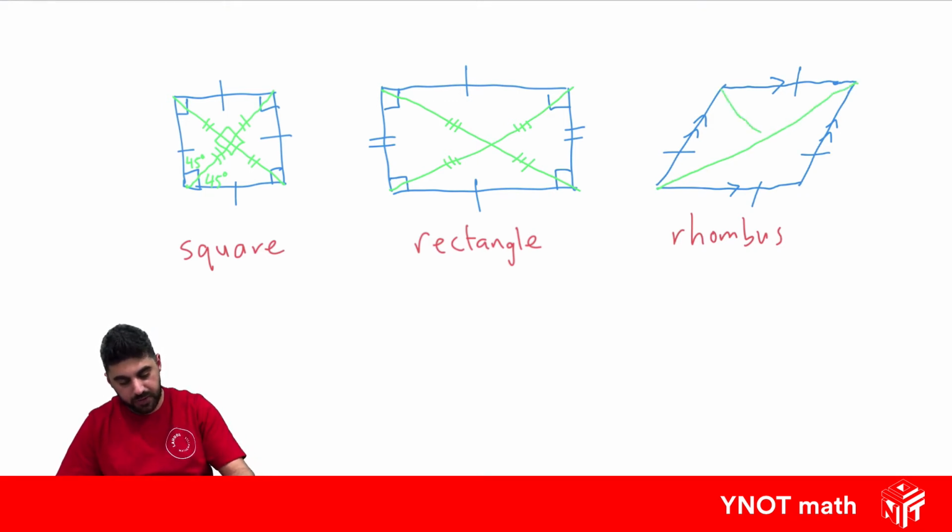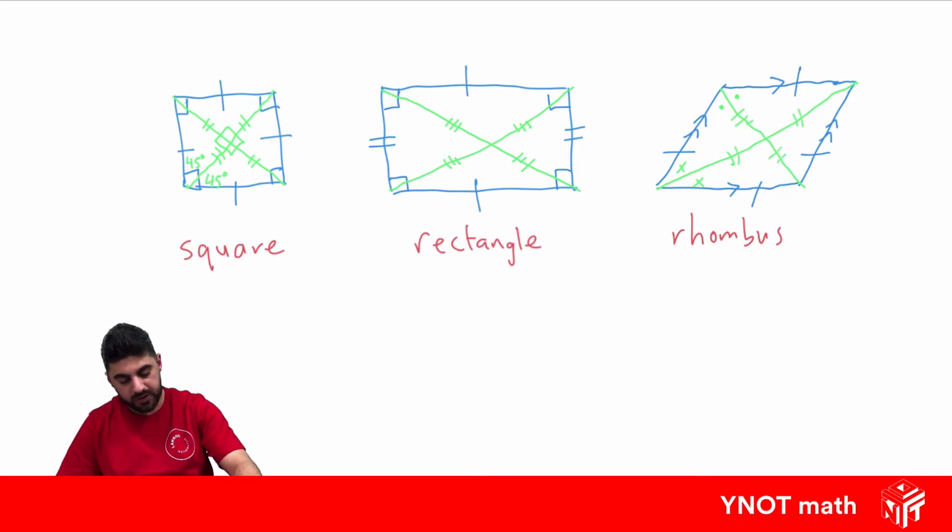Diagonals bisect the angles at the edges. So that angle equals that angle, and that angle equals that angle. Diagonals also bisect each other,